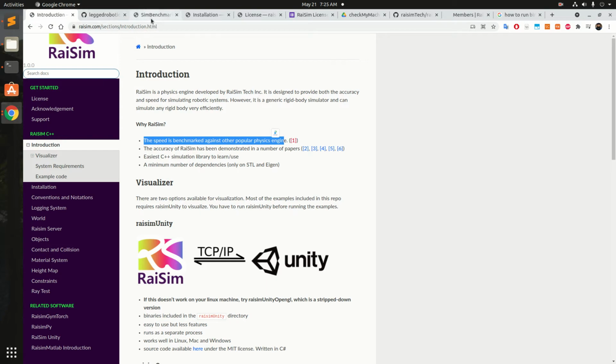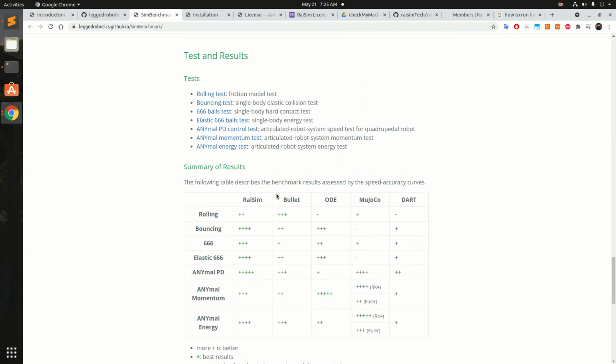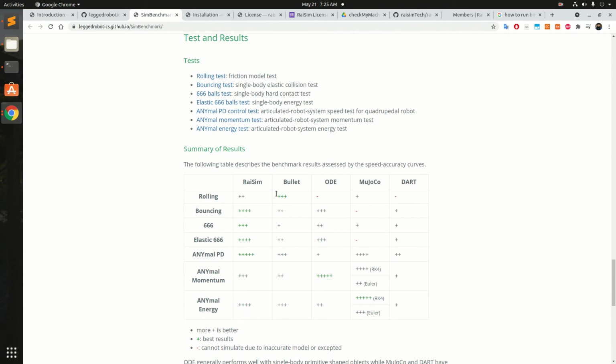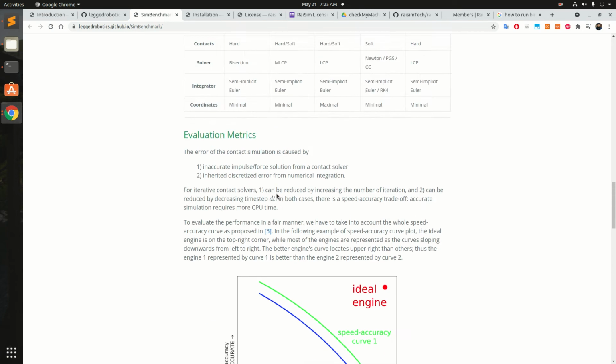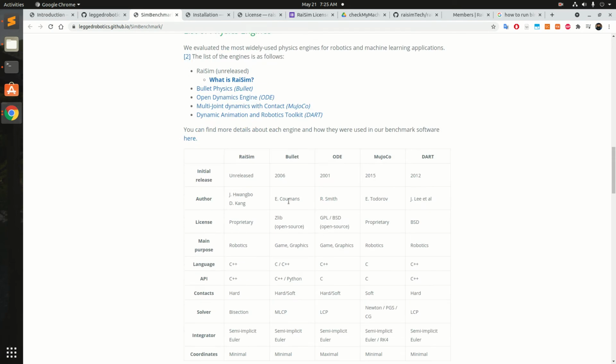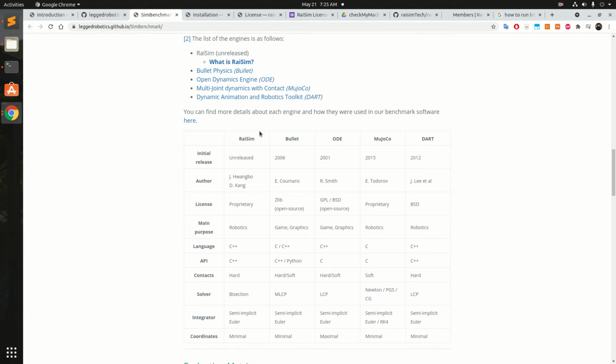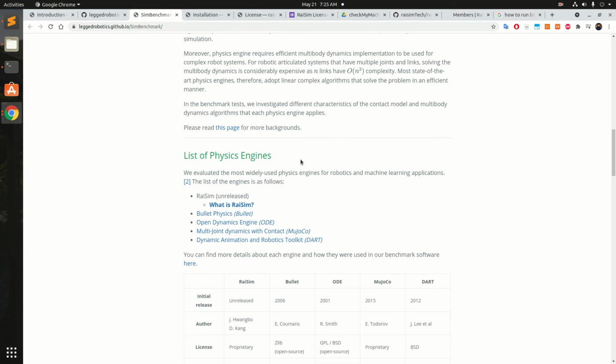The reason is that we already know about many other benchmark simulation software or platforms for robotics. Here is a detail about it for legged robots. You can see that there are a bunch of other platforms. I only knew MuJoCo before. This platform was released in 2015, and it showed quite a lot of interesting features. Anyhow, I went through this